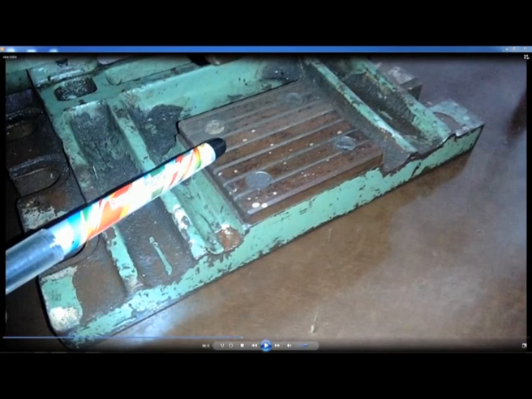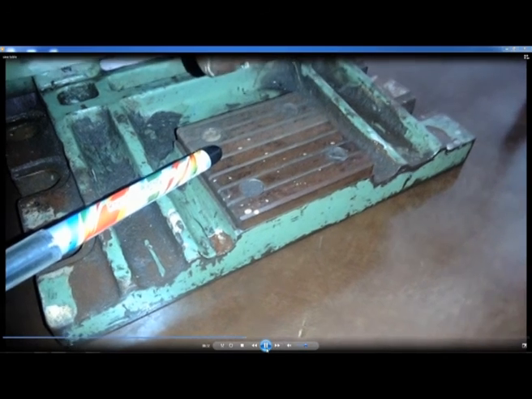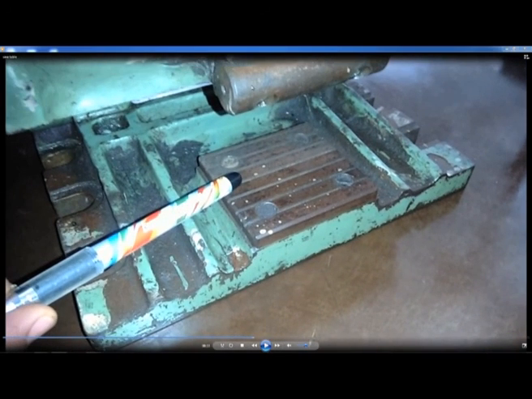Now, this is the surface on which slip gauges should be placed. We should clean this surface and then we should keep the workpieces, slip gauges. And we can also see the roller fixed to the bottom surface of the swiveling plate.